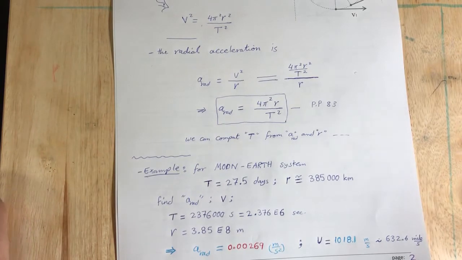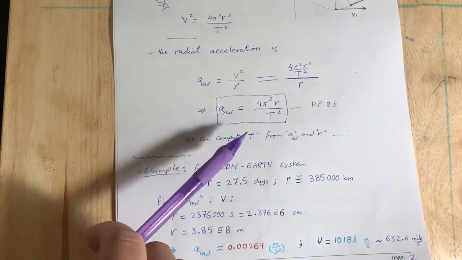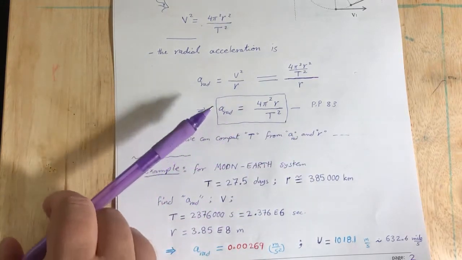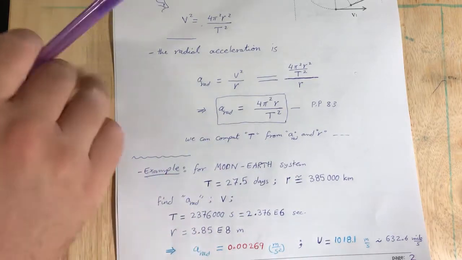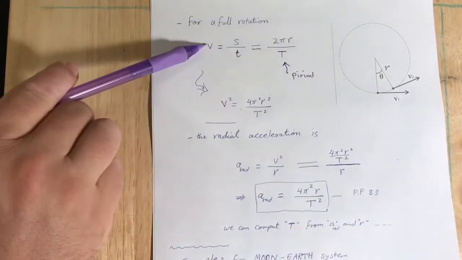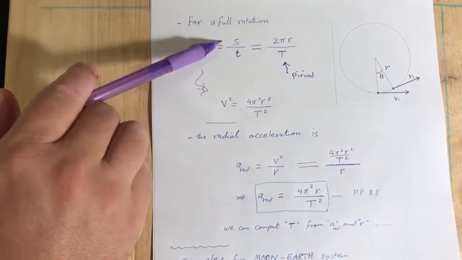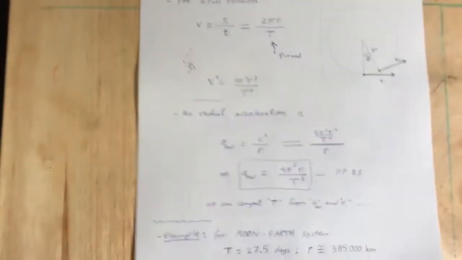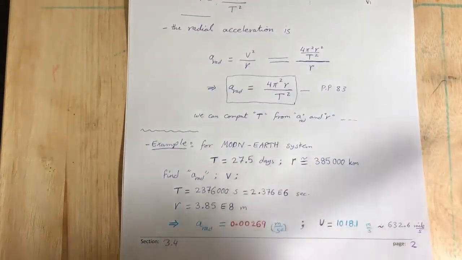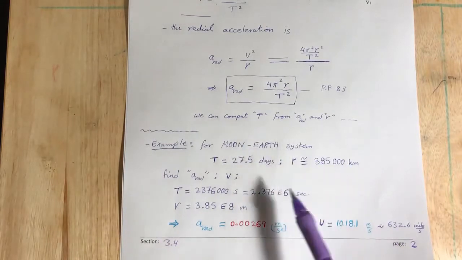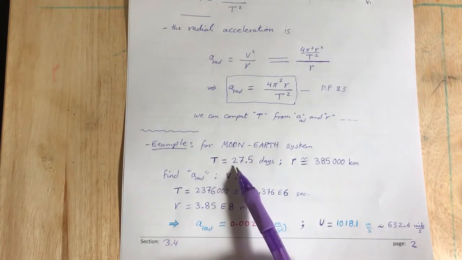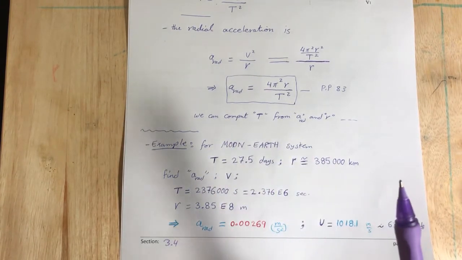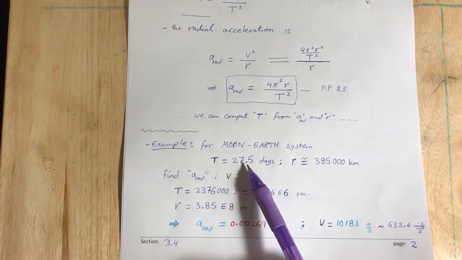Okay, we can compute in this case T from the acceleration and r. We have two formulas, both of them are the same because we just use geometry, which is 2 pi r, the total distance for this track, divided by T to be the speed. For example, for the Moon and the Earth system, if the time period for the Moon to rotate around the Earth is 27.5 days,